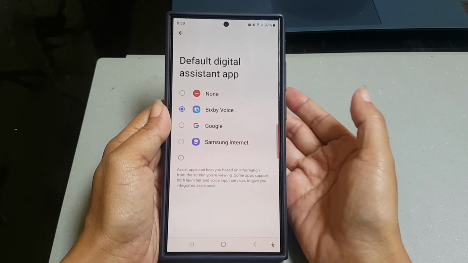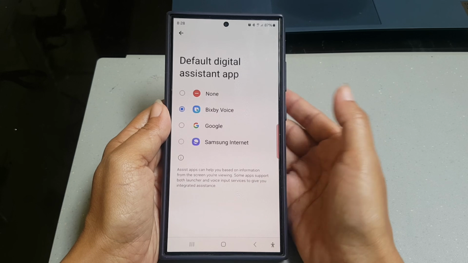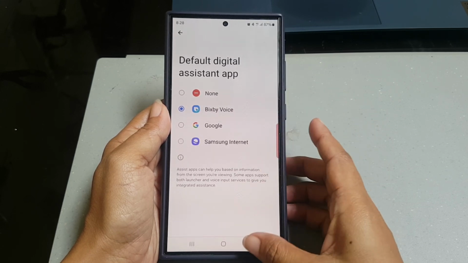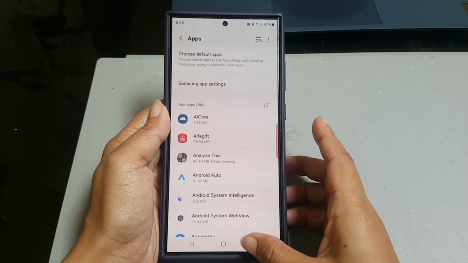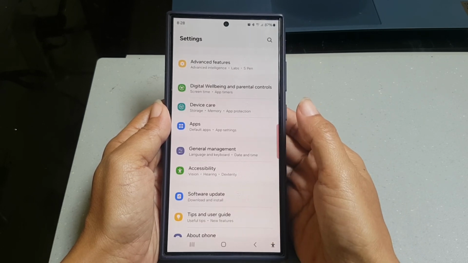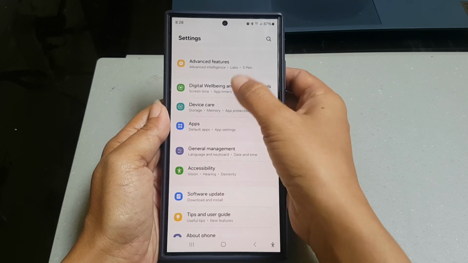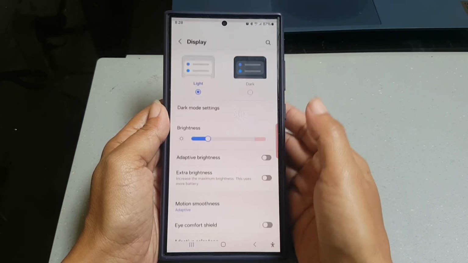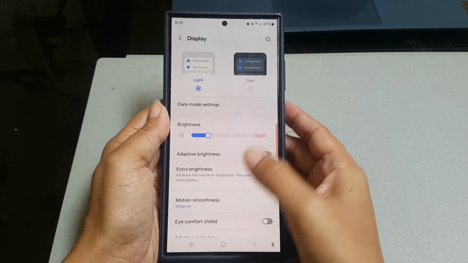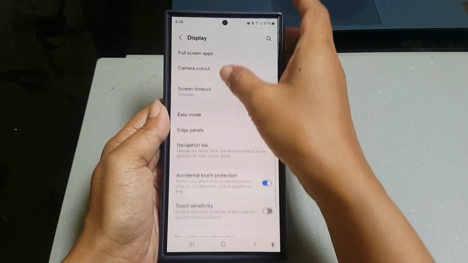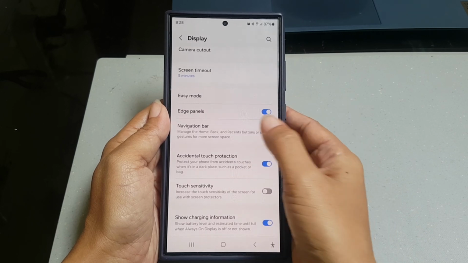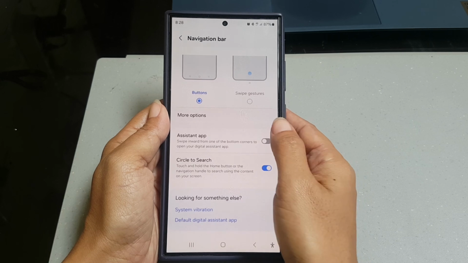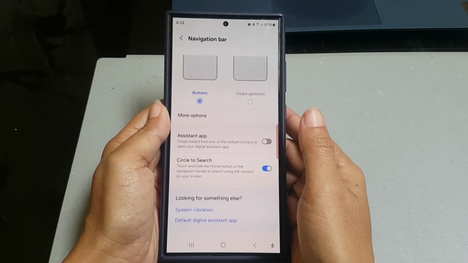Next, to enable the Assistant app option in the navigation bar menu, go back to the Setting menu. Scroll up the screen to find Display. Tap Display. Scroll down the screen. Tap Navigation bar. And then tap the gray on/off toggle next to Assistant app until the switch turns blue to